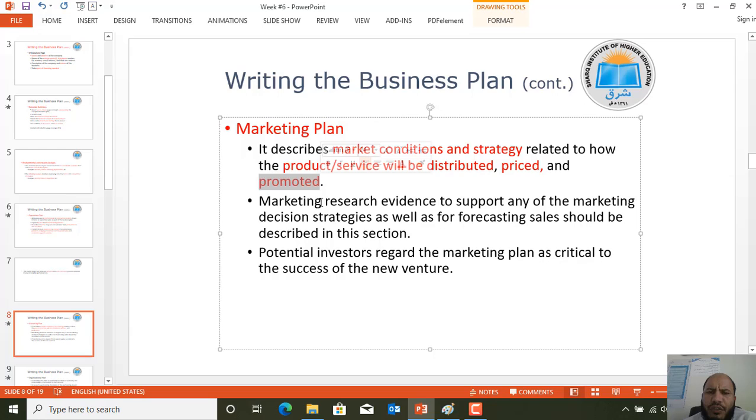Similarly, we can say that marketing research evidence to support any of the marketing decision strategies, as well as for forecasting sales, should be described in this section. So in this section, in the marketing plan part, we should have evidence and support through market research